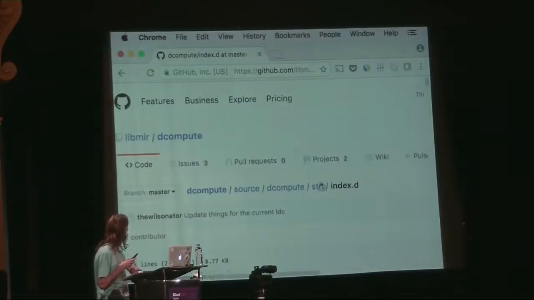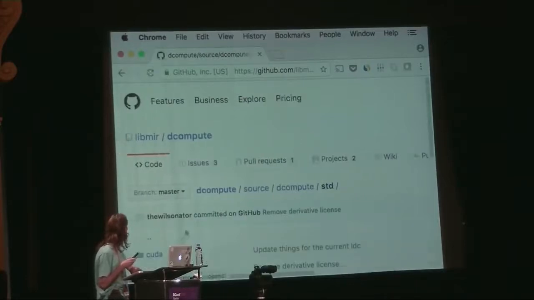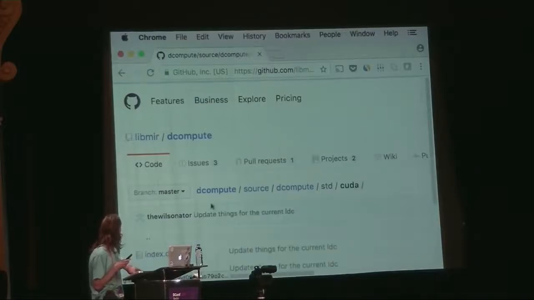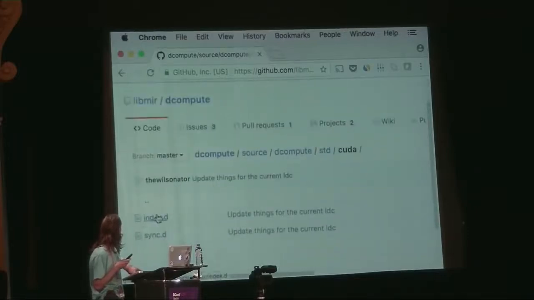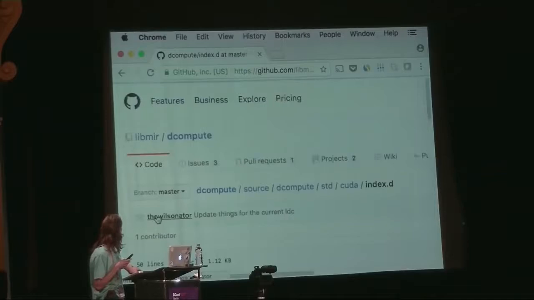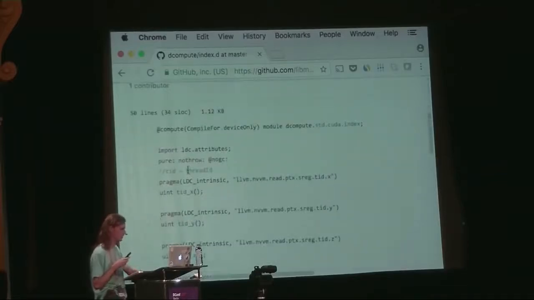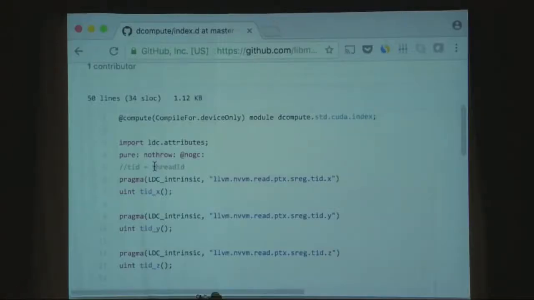So if we go back to that and then go to index. And all of the CUDA stuff looks like this. It all just forwards to the intrinsics.